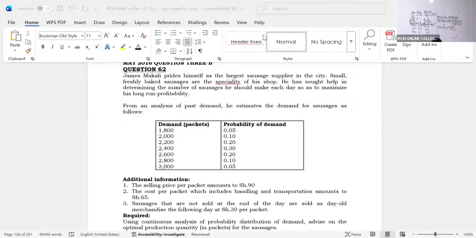I don't want you even to be getting my assignments correctly. I just want you to scribble something and then send it there. Who will kill you? Nobody. Nobody's even paying your fees. I just want you to get knowing how to start tackling AMA questions by doing those exercises. And if you are bright, you'll be able to pass.